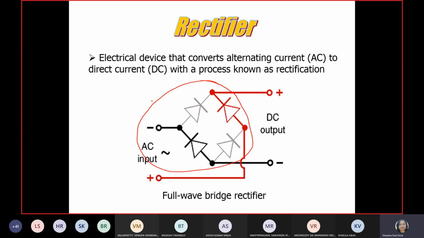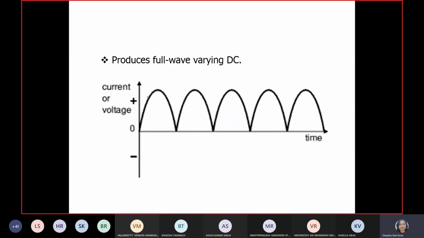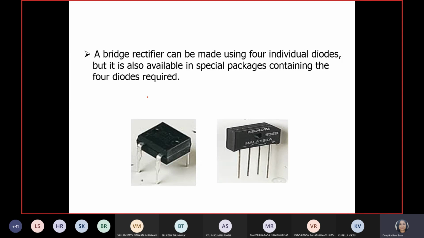So what are we using? We are using the rectifier circuit along with the op-amp IC 741. Okay, basic things we have learned, but advanced ICs are also available. Then come to the point: the output of the rectifier is like this, and rectifiers are available in these shapes in your practical cases or in the market.